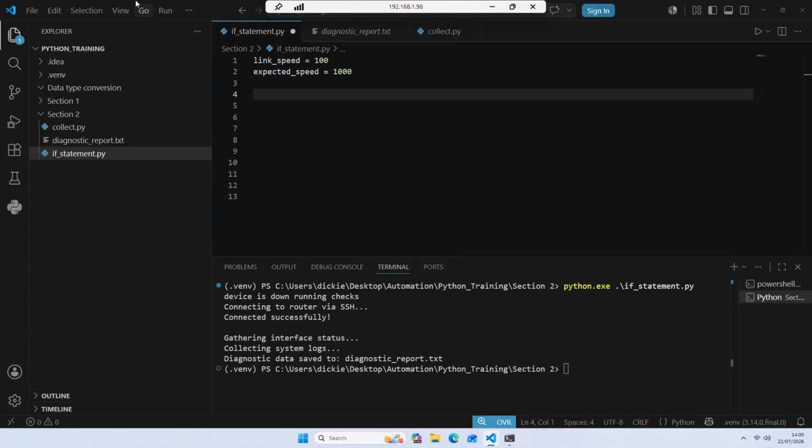Let's do an if statement. So let's do if link_speed. Now remember what we've done before: we used a comparison operator, but we were comparing it to a defined number, i.e. a value that we've given it. But now we're going to compare it to another variable, the expected speed. So what we're going to say here is if the link speed is the same as the expected speed, then